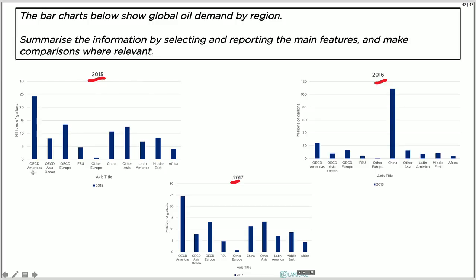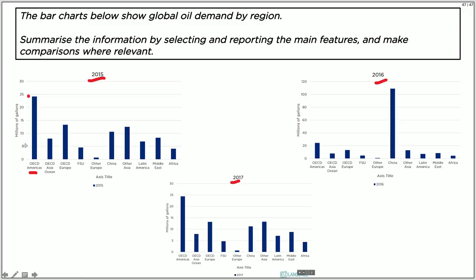So we got OECD Americas, OECD Asia, Oceania, and it's the same. Okay, so we're comparing the same countries, which makes our lives easier. The y-axis is millions of gallons of oil. This is the demand of millions of gallons of oil. So let's have a look. What's the first thing you notice about 2015? Well, the first thing I notice is that OECD Americas has the highest demand for oil at about 25 million